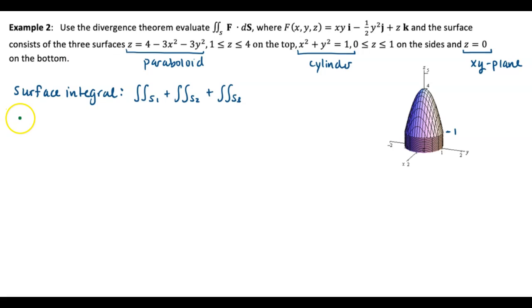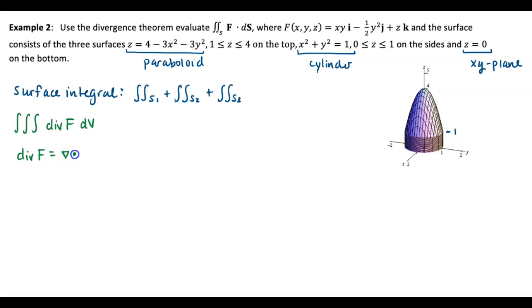But if we write this as a triple integral of the divergence of f over this volume, well, isn't this all one volume? So if we can easily find the bounds of this volume, it's going to make our lives a whole lot easier. And so let's start by finding the divergence of f,